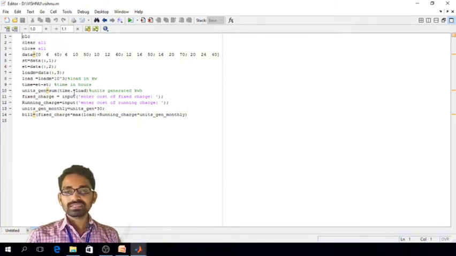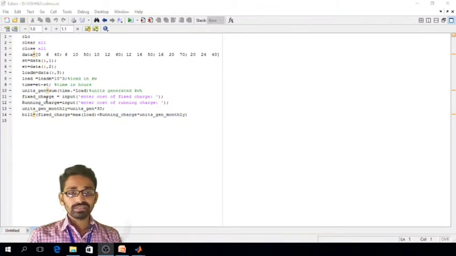So why I have considered this dot means, in order to have all the values considered. If I only consider time into load, only the first data is going to be considered, but I need to consider all the data, so time dot into load. If I write this, all the data is going to be considered and summed together. That means first it will consider 6 minus 0, 6 into 40, one term is over. Next 10 minus 6 into 50, that will be added together, and then 12 minus 10 into 60 will be added to this. So like that the program runs.